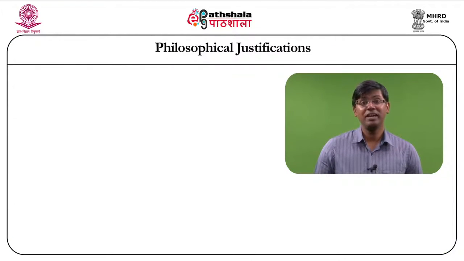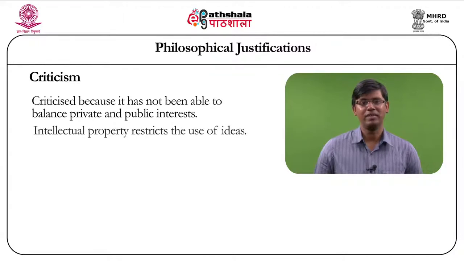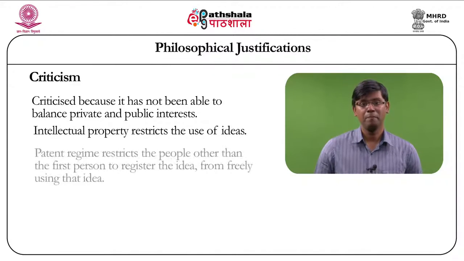However, the utilitarian theory is not without criticism. The utilitarian justification of intellectual property right, on the other hand, is criticized because it has not been able to balance private and public interests. Private intellectual property restricts the use of ideas. A patent regime based on an incentive system restricts people other than the first person to register the idea from freely